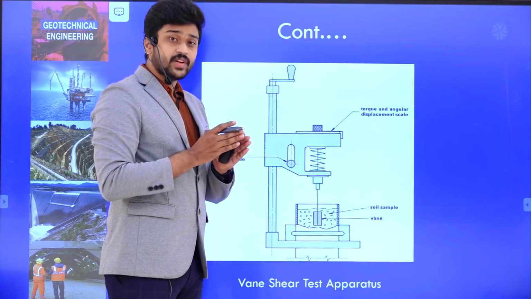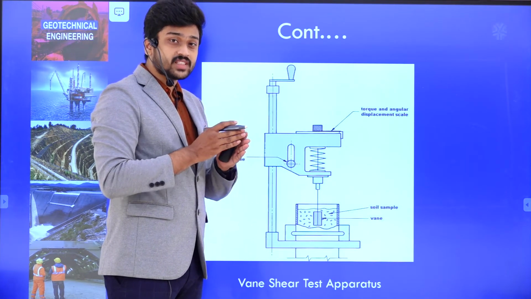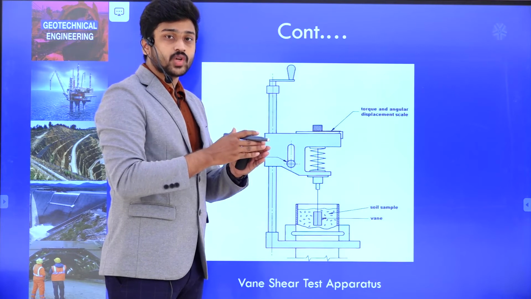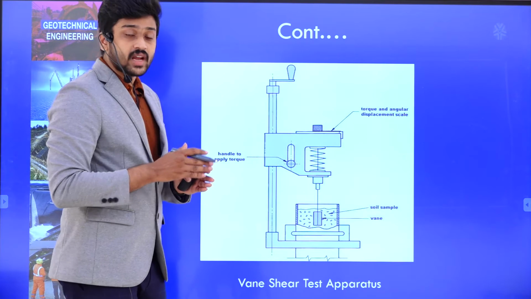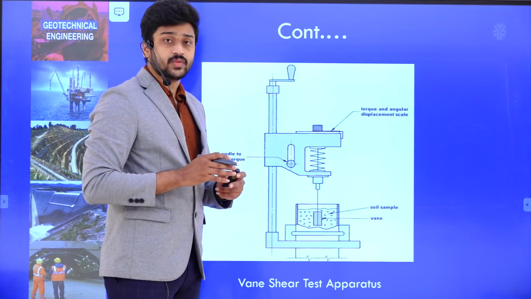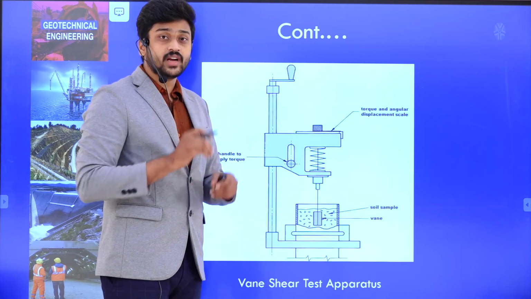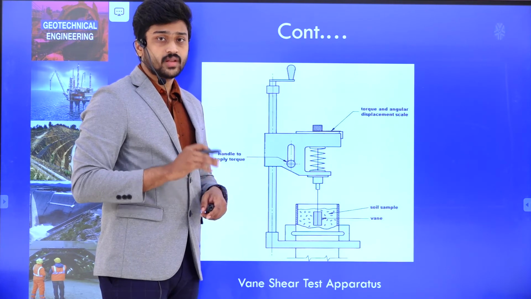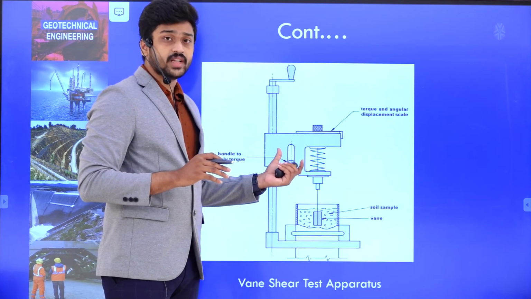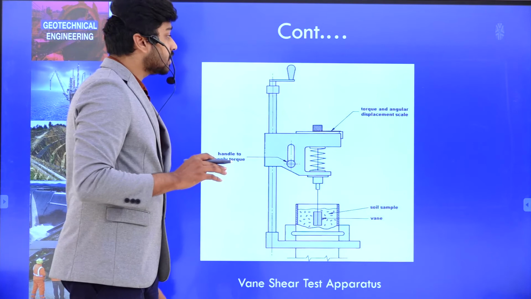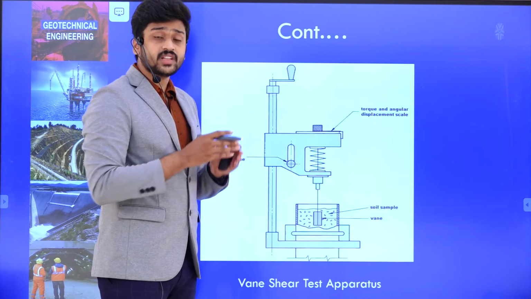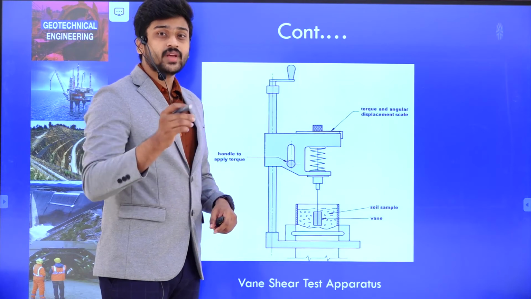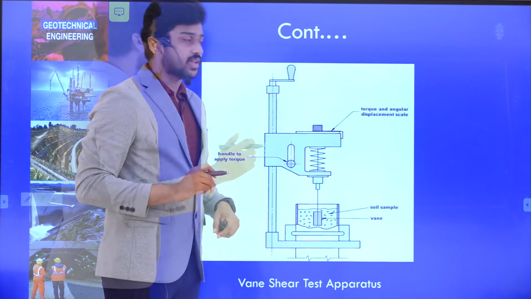So between two successive blades, whenever there is some shear formed, we have to stop this particular test and record the readings as well. Correspondingly we will determine the torque. We will take the torque from the reading, and then we have to find out the shear strength of this particular soil where the shear is happening, which can be calculated by one particular formula, that is